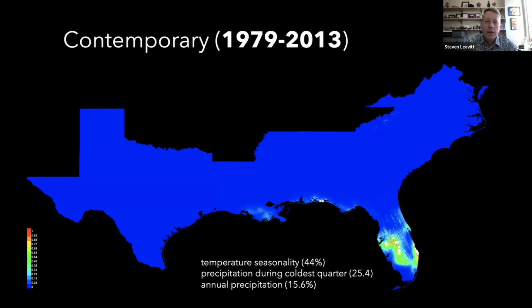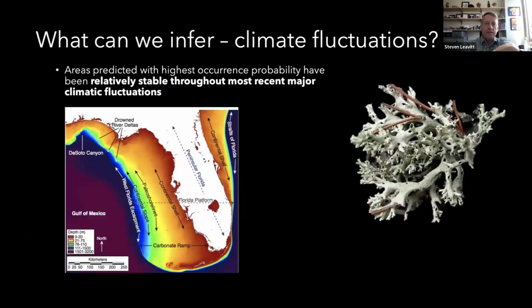And now we're looking at the contemporary distribution. Again, we're seeing that same pattern where these models suggest that Cladonia perforata occurs where it's known to occur today, and that makes sense. So looking at this, we're seeing this evidence